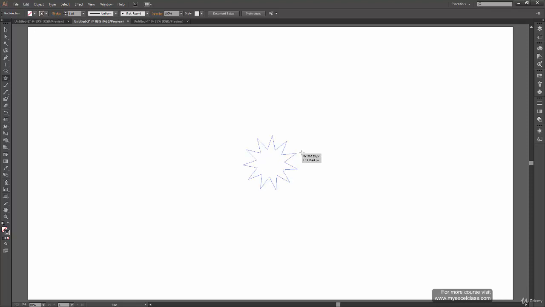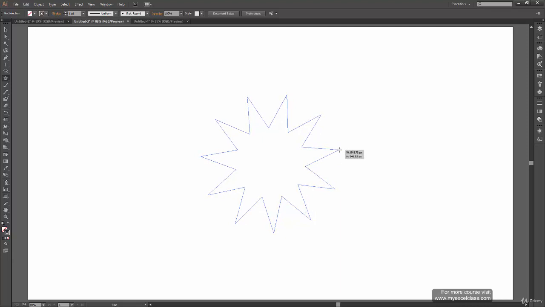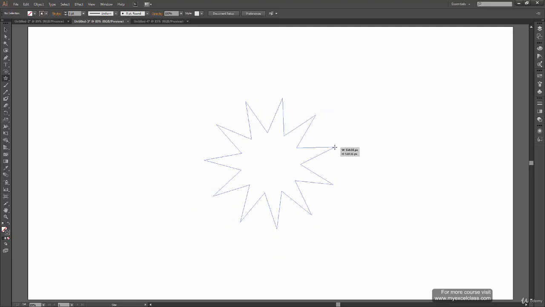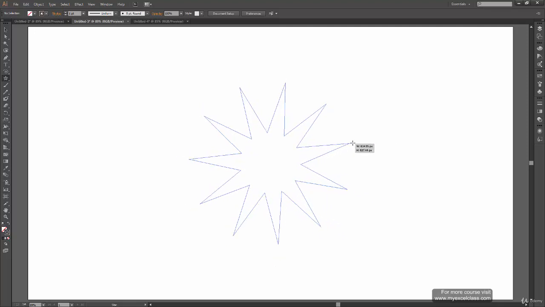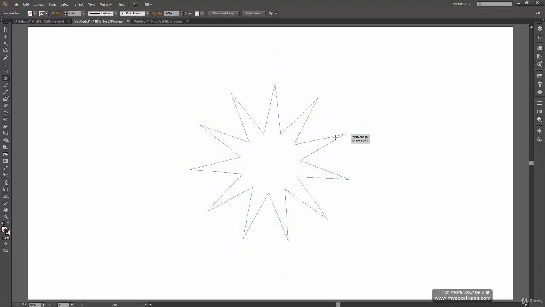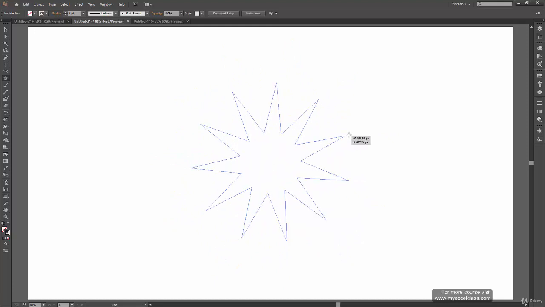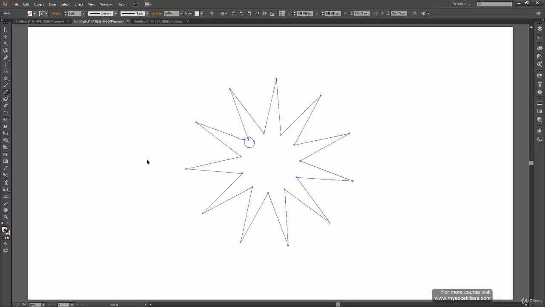And the second option key we have here is control key. Now like in spiral tool, the control key actually controls the decay. Here it is going to control the outer radius or radius 1 actually. So when I press control key, you can see that the inner points are stuck at a point and now only the outer points of the star are moving. So like when I press control key, these points are stuck, or these points don't move at all after I press control key.